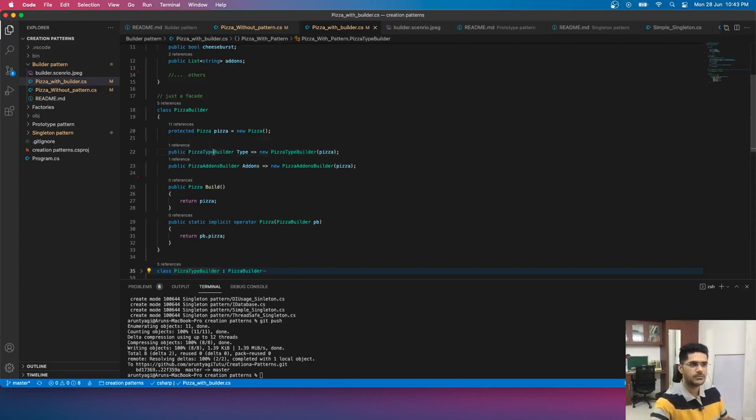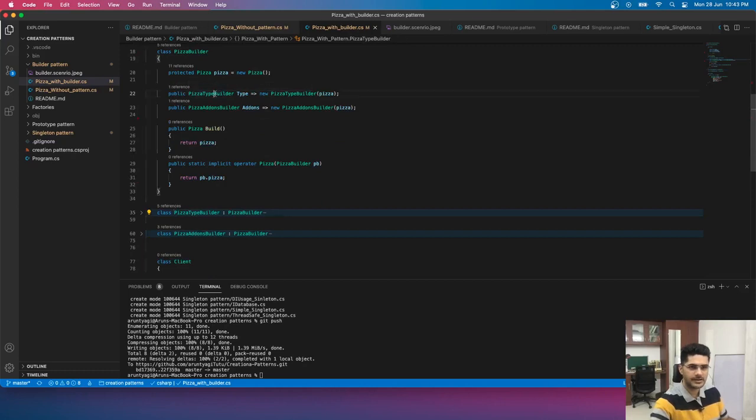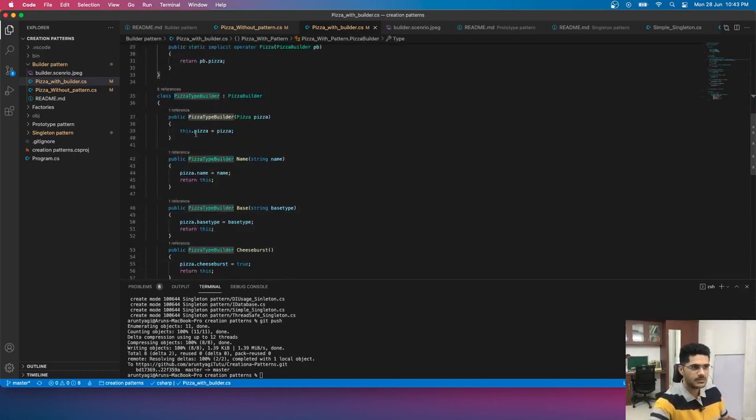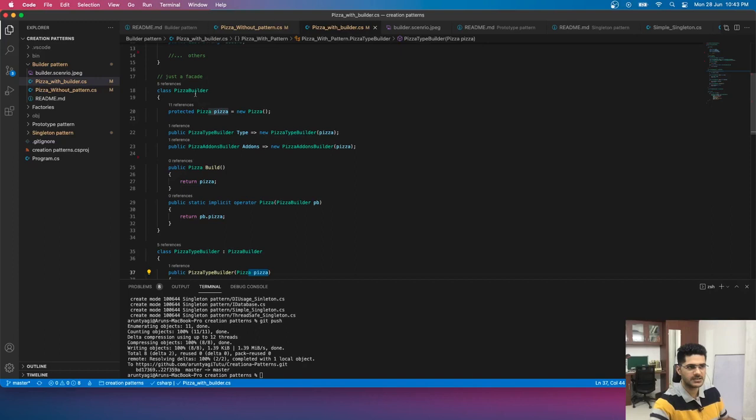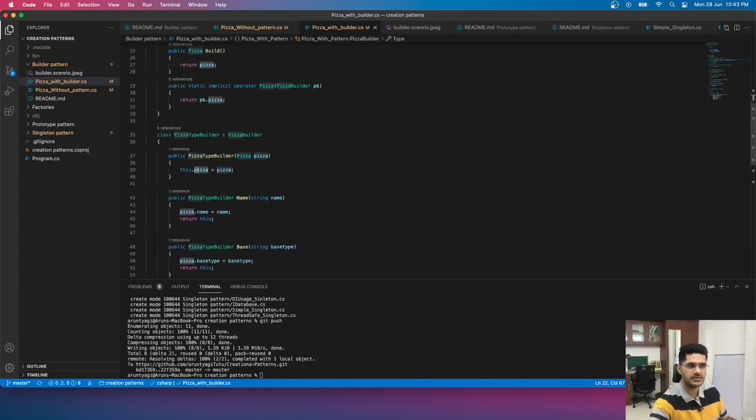Now let's go to one builder, and this part is actually very simple. If I go to my pizza type builder, first of all, in the constructor you are passing the instance which you are creating whenever somebody creates an instance of a builder, right? You are passing the same object so that you can return the same object. Basically you can keep the same object.